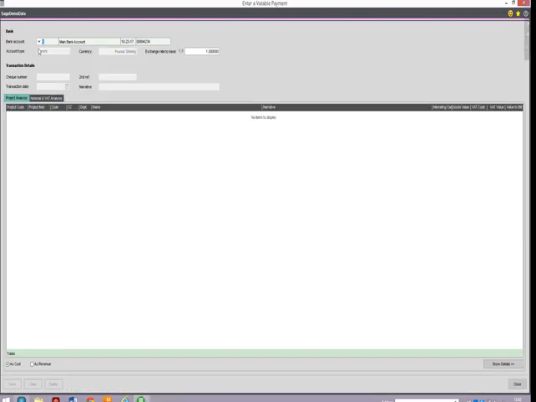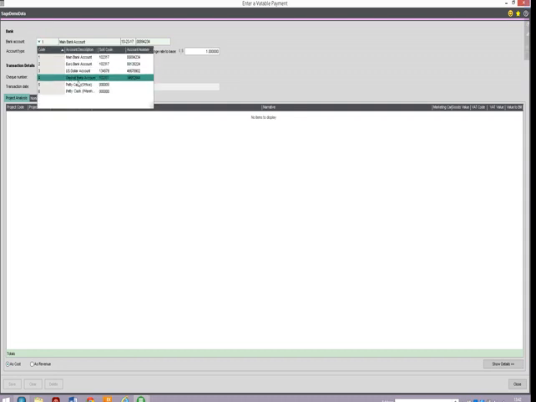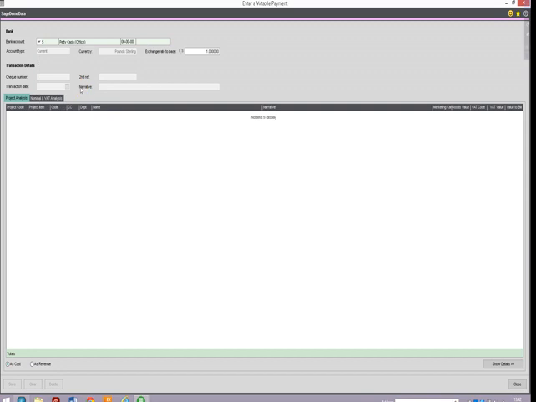And the first question it's going to ask us in here is to confirm the bank account that the payment is going to be made from. So we're going to select the petty cash account and then tab through until we get to the check number or first reference. Here you typically enter the receipt number and then confirm the transaction date, so the date of